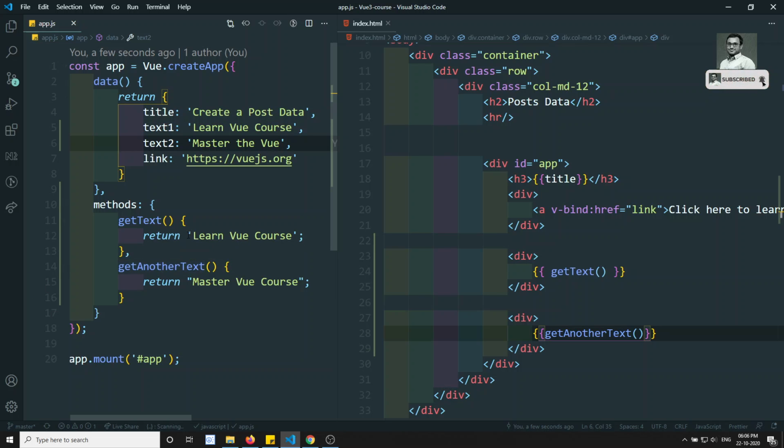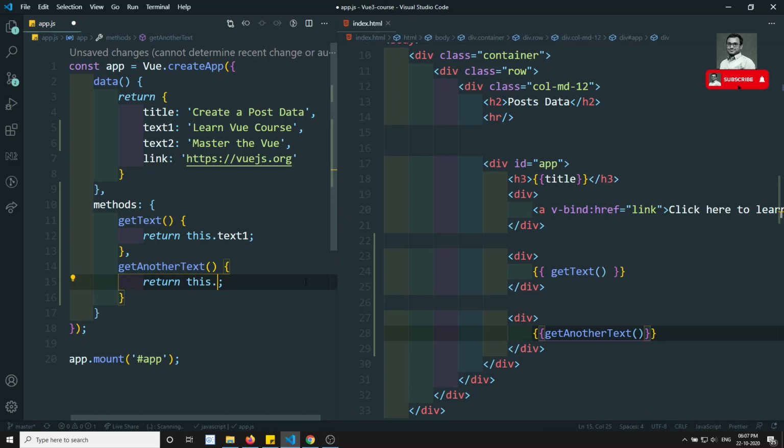So how we can use it is, simply what we need to do is write this dot text1. Okay, so this dot text1. So we need to use that this here. For example, if I want to use this method in this one, I need to use something like this dot get another text. So this should be used before any property or any method you want to access inside the methods or properties. You need to use this here. I can write here this dot text1 and I can write here